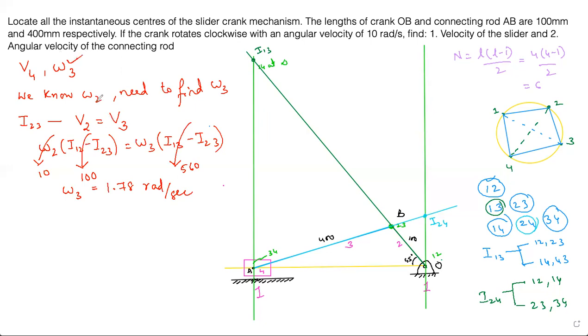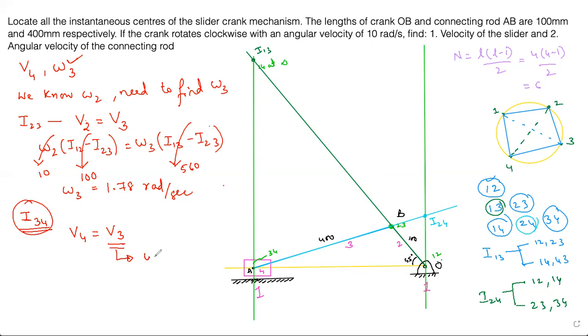Now you need to know V4, right? V2 and V3 have instantaneous center 2, 3, so you could write down this equation. Similarly for V4 and V3, because we know omega 3, we can find V3. So you have to check for I center 3, 4. Do we have I center 3, 4 somewhere? Definitely you have. So considering I34, just listen carefully now. You need to find V4, but V4 equals V3, yes or no? When we take this I center, V4 equals V3. So if I find V3, immediately I'll get V4.